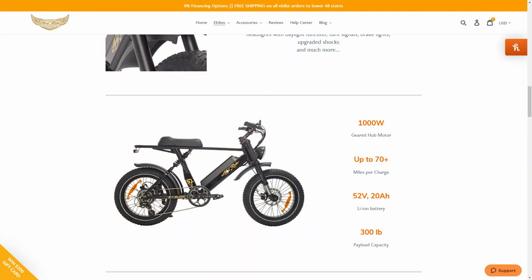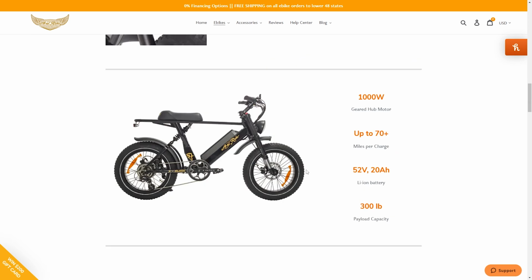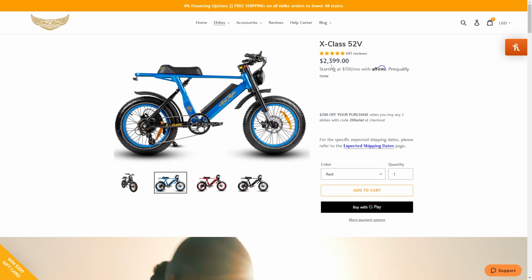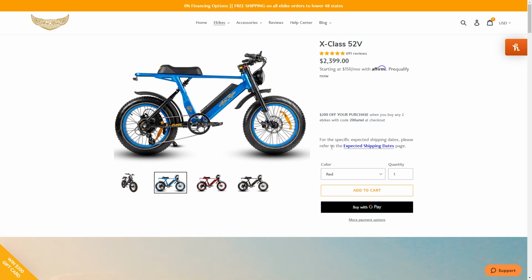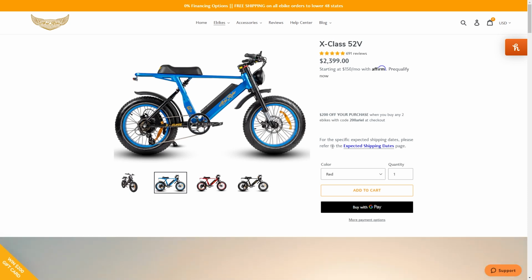It's got a 52 volt 20 amp hour battery, which is plenty to get you around town, and you can get around town in style because it just looks like a really slick bike. It's a 1,000 watt nominal, 2,000 watt peak hub motor, and I don't think you can beat the e-moped style bikes at this price range. This is one of the better buys and probably my top pick out of all the bikes that I've talked